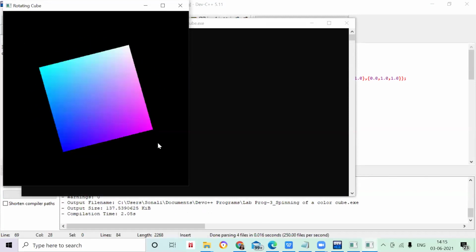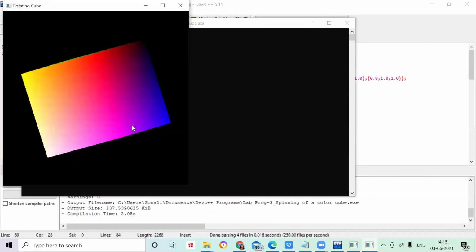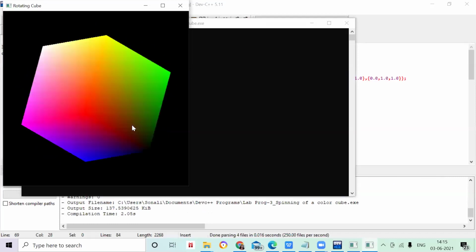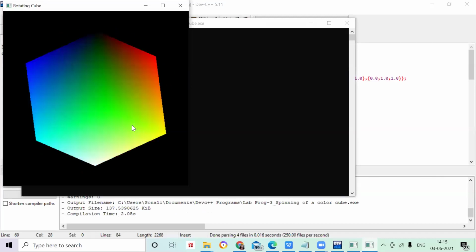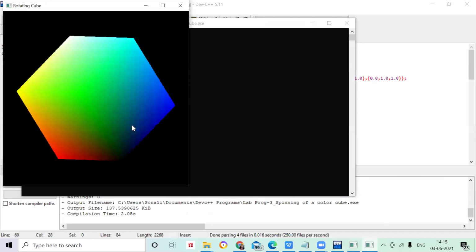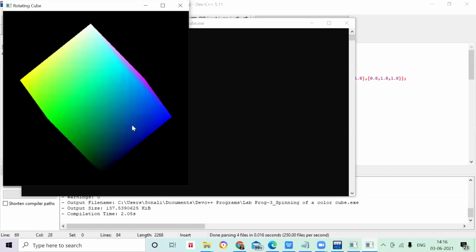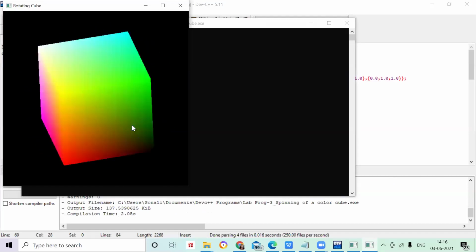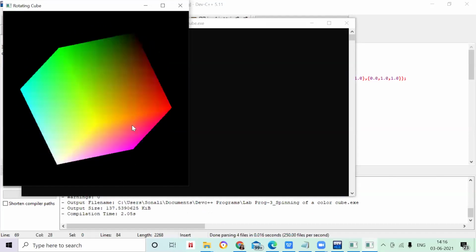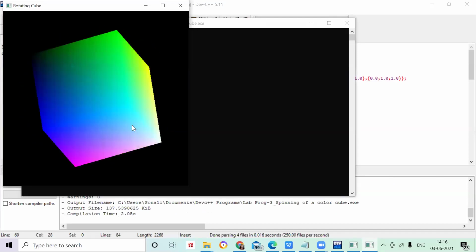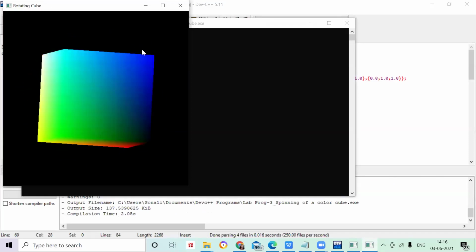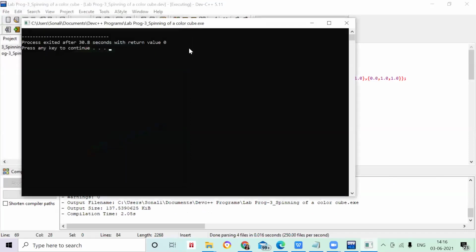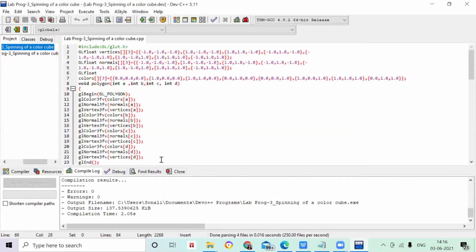So this is the output of your program. If I click repeatedly, you can see the color is getting changed. The color changes because I have given some mouse functions. As I click the left button or right button, you can experiment with all that. Whatever I give, the color changes and it is also moving. Now we are going to execute this program and see what primitives we are going to use.